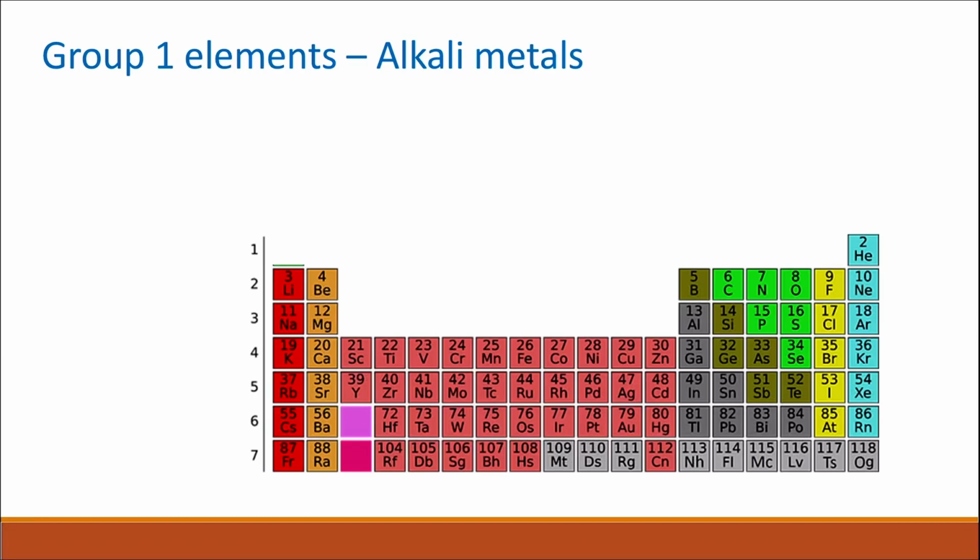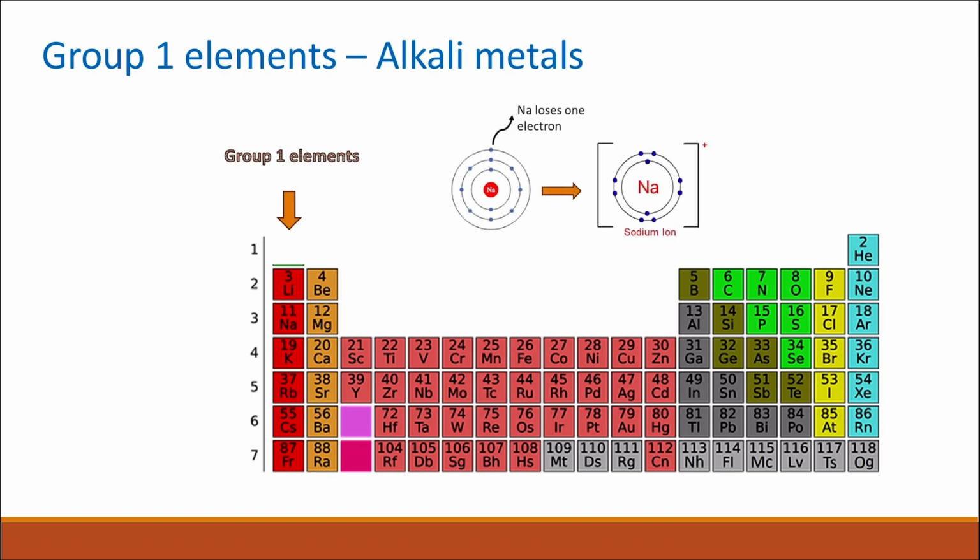Group 1 elements are the elements that can be found at the far left in the periodic table, and these are Group 1 elements starting from lithium, sodium, potassium, rubidium, cesium, and francium. These elements all have their reactivity due to the presence of one electron in their outermost shell because these are group 1 elements. So they tend to lose this electron and form ions, and these ions will form ionic bonding